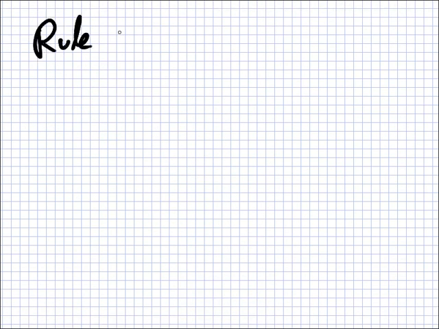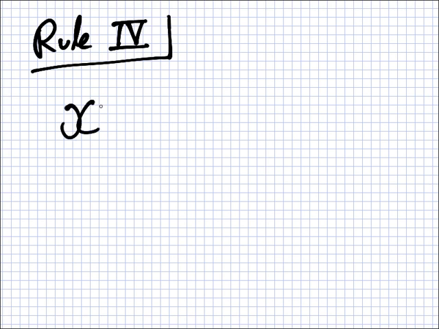Rule 4 is x power, yeah, that one. Do you know what it is? So x^(1 over n) is equal to the nth root of x. And the proof,